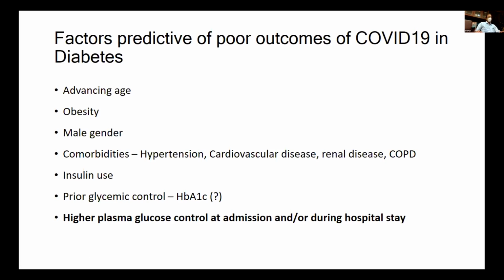Only 2 modifiable factors are hypertension and A1C. So how can we target them? It is only targeted for those patients who do not have COVID. When they come up in the clinic, I don't know how many of you see COVID diabetic patients and